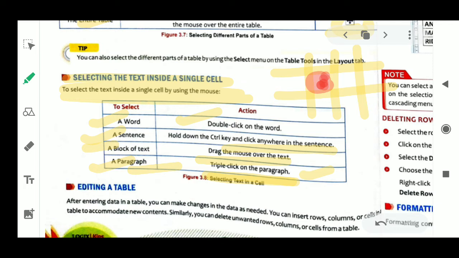Okay, next is editing a table. We can edit, means, suppose once I created the table with 5 rows, but afterwards I need 6 rows because some data has changed, or I want some additional data. Or suppose I created 4 columns and I want only 3, so I can delete also. I can add rows and columns the same way. So how is it possible? That we will also learn.